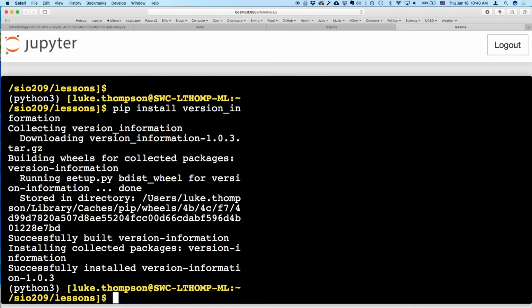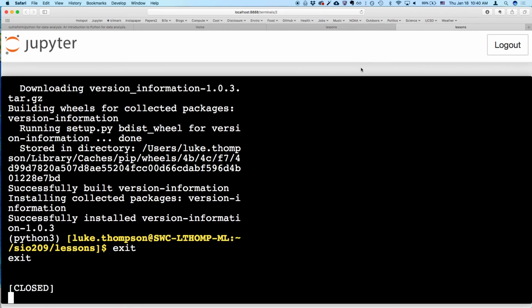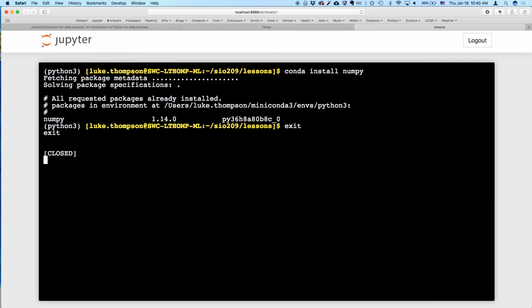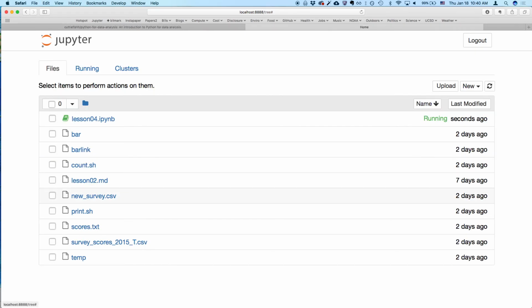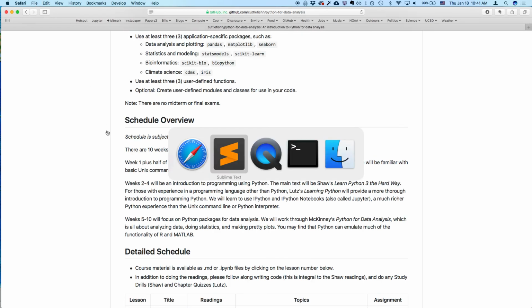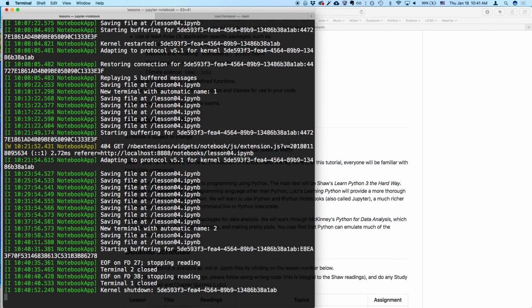I can exit out of this terminal and close that window. I have another terminal here I can exit out of and close that window. And then I can close. If I want to, I can select this and say shut down, but you don't have to. But if you have a lot of notebooks open, you can shut them down independently of each other. And then you could just close this window and then go back to your terminal,